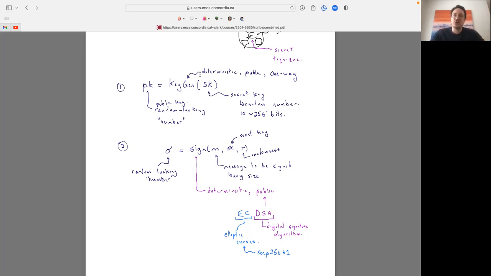Now, why don't you just use this instead of a hash function? And the answer is it's slower. So you could, it's like a hash function with this extra feature. So why don't you just use it all the time? The answer is just that it's slow, and it's not that slow. Like we're talking about 1 millisecond versus 100 milliseconds or something like